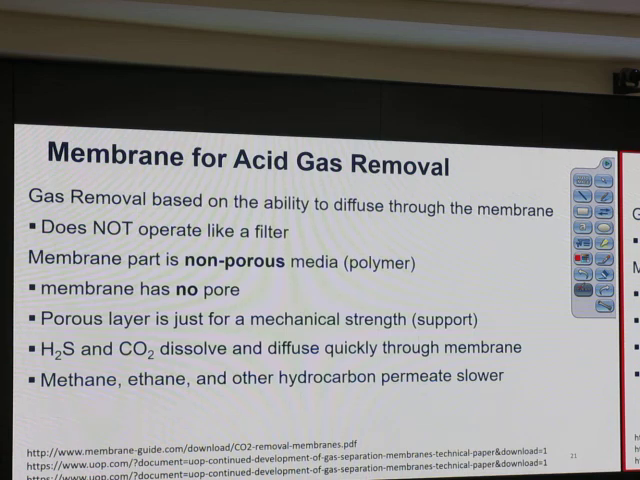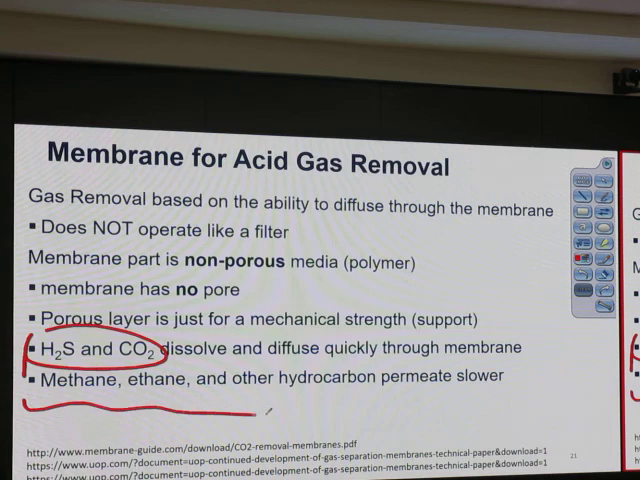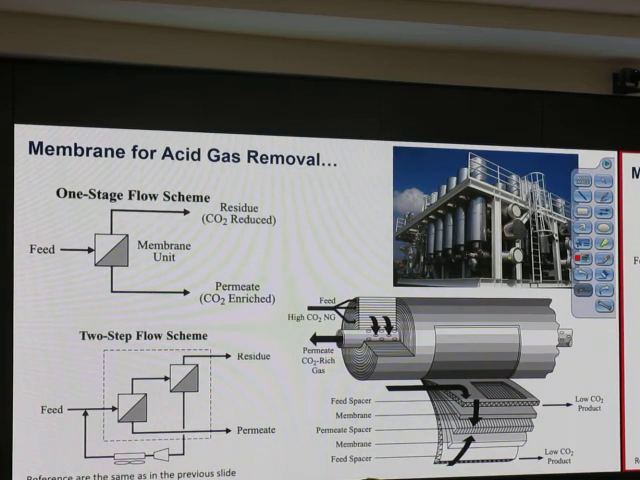Do they use it to remove H2S and CO2 from this, or do they use it for other purposes? Okay, go there and you will find out. This is how it looks like. It has several of them, and each of them has a